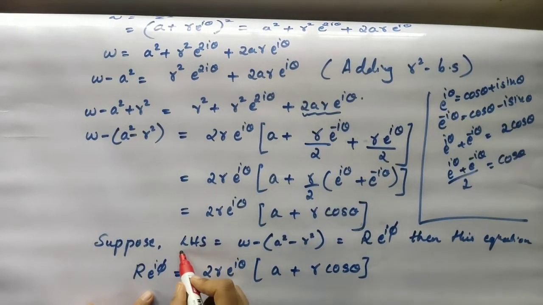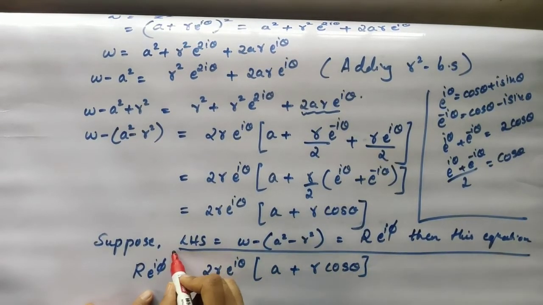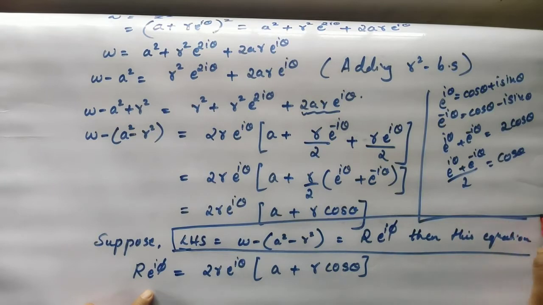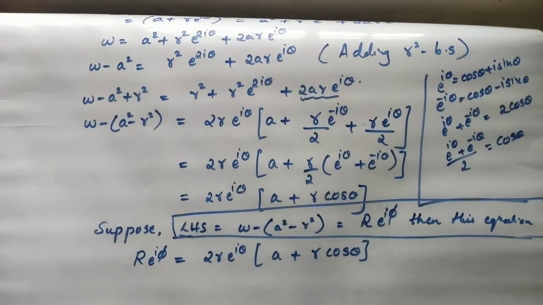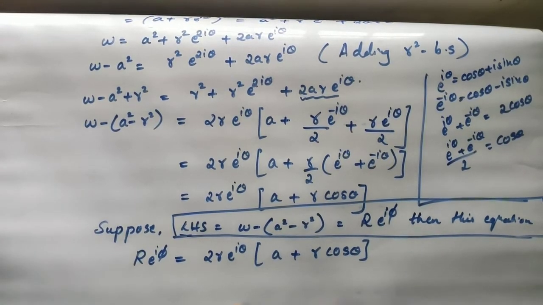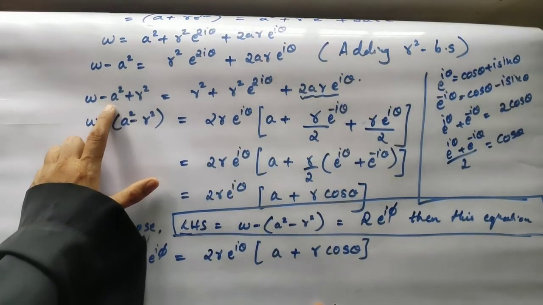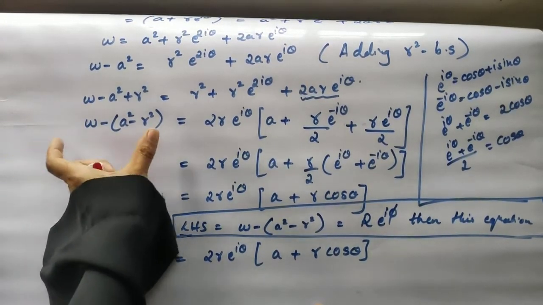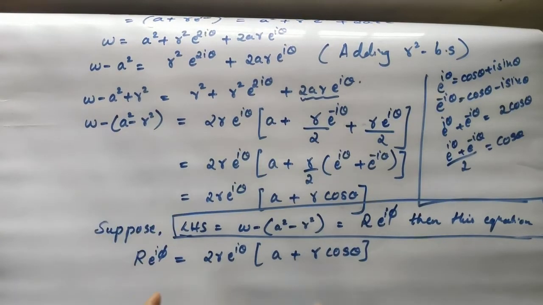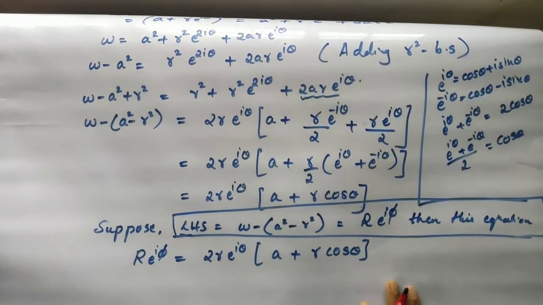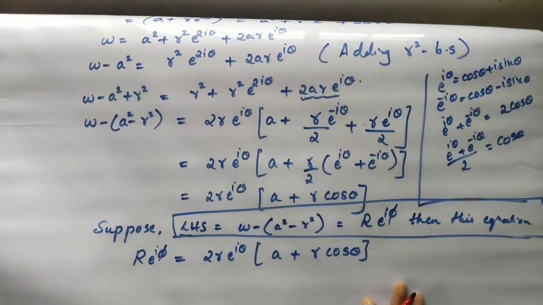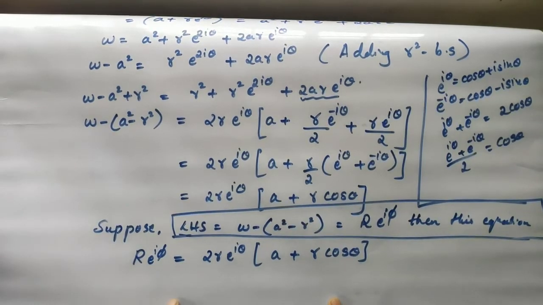So this is one important step that you need to remember while you are deriving or finding the image of the circle with center at a and radius r units. What is that extra point that you need to remember? Whatever you take, w minus a square, you add r square on both the sides. This part of the LHS, you call it r into e to power i phi. This is an important step to remember while getting the image of that circle.